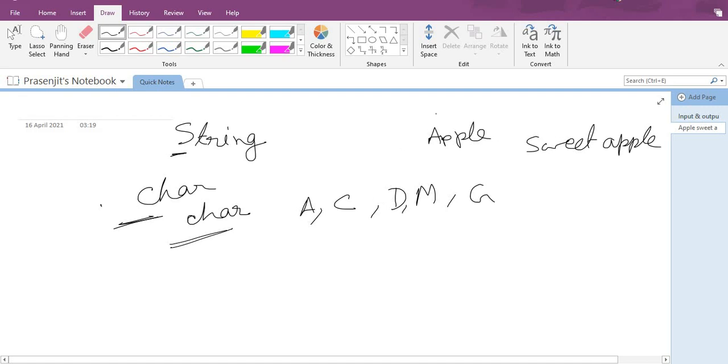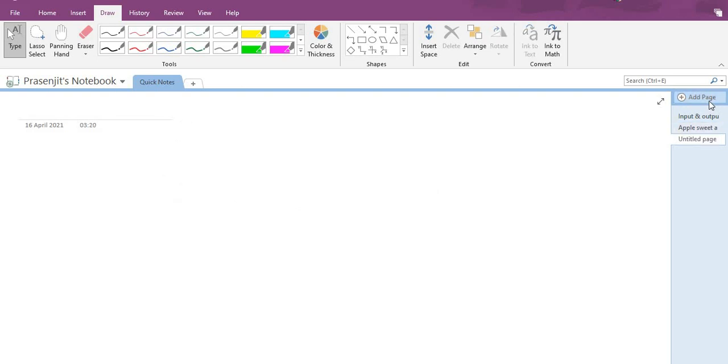I am taking another page for you. One by one I am writing each and every variable type with its input method. I am considering int first. I am taking a variable where I store the value. For taking input, I write int a, a is equal to sc dot nextInt with a capital I. This is a method.